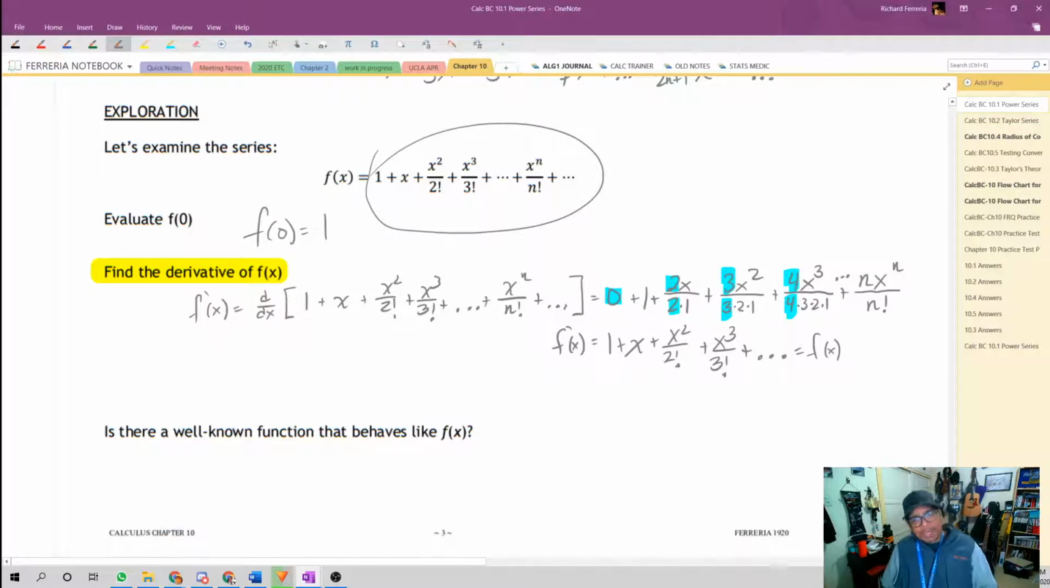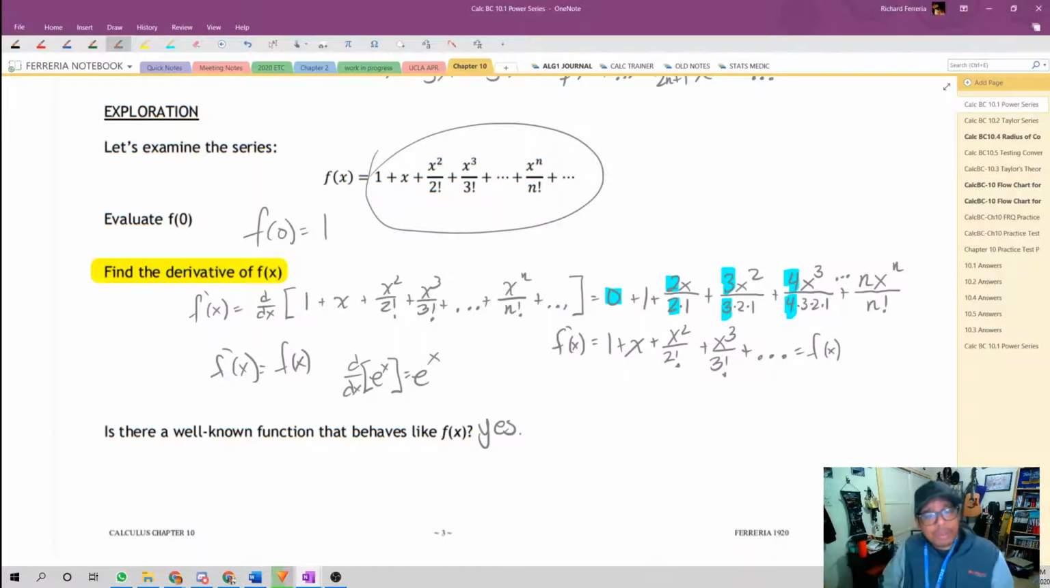So is there a function that behaves like this where f prime of x is equal to f of x? And I'll give you a hint. The derivative of e to the x is equal to e to the x. So, is there a function that behaves that way? Yes. Did I just back into the series for a well-known function? Also, yes. The series for the function e to the x is going to be 1 plus